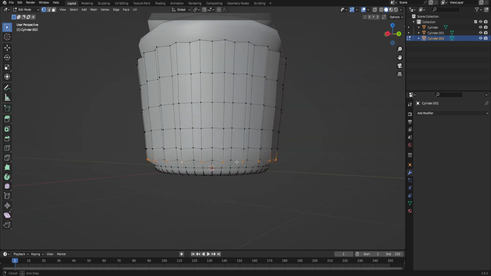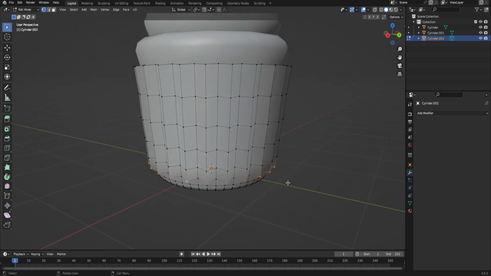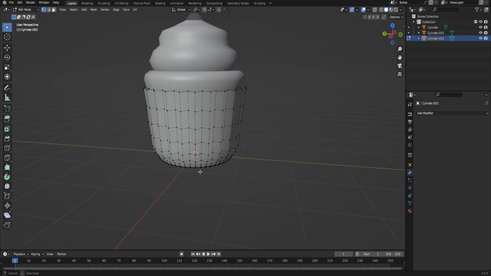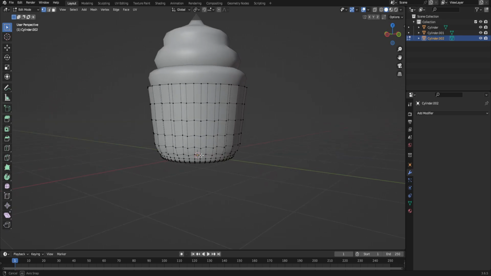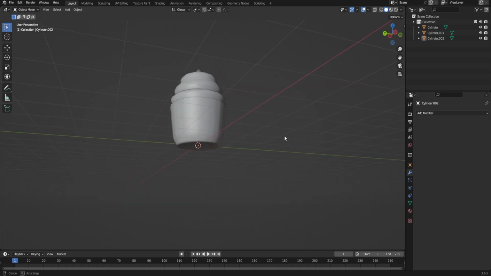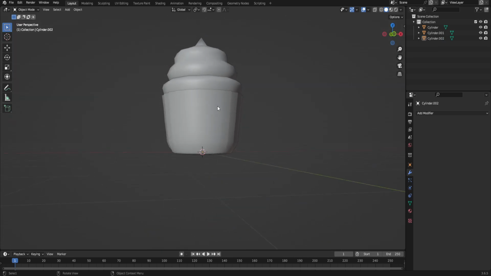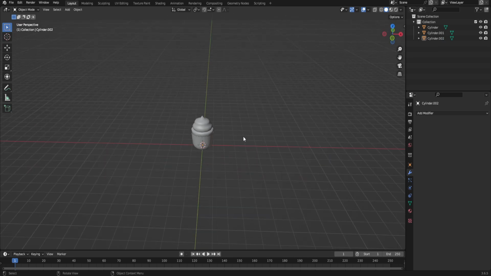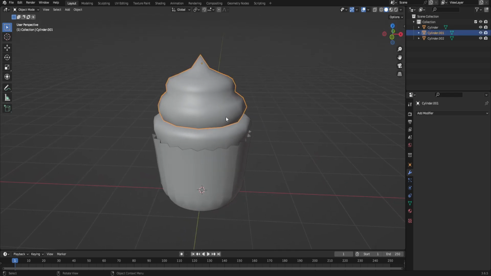But just grab those vertices that are sticking out, and I do want to pull them in a little bit so that the, I guess you would say, ruffled edge is not so much. So that looks a little better. So we got the nice ruffled edge of the paper, and we got the cupcake and the frosting. So just a really simple kind of food item. Some other modeling stuff you could do